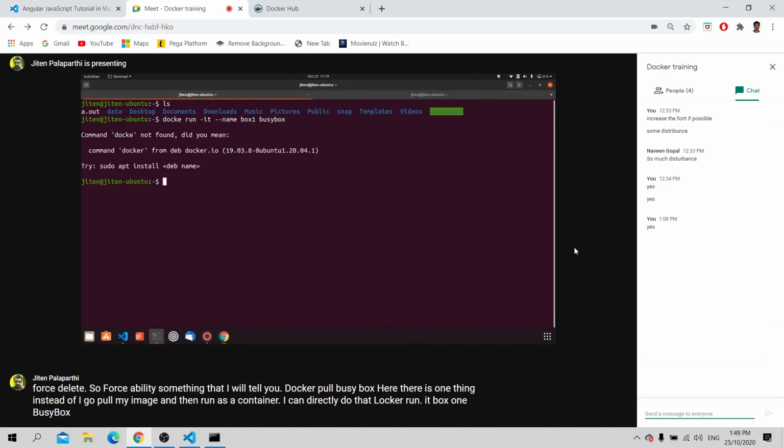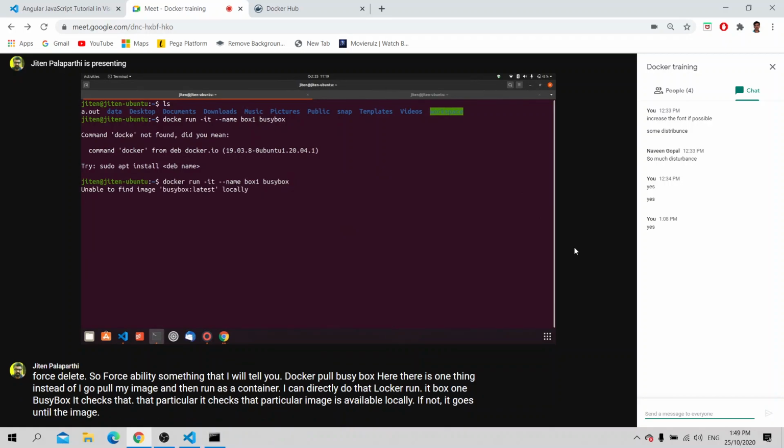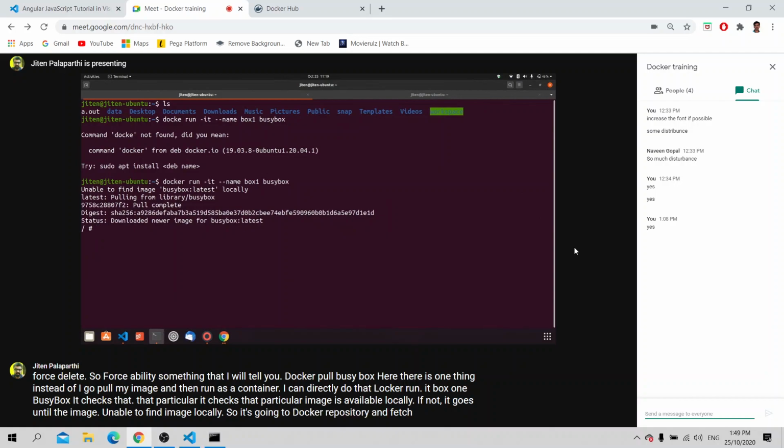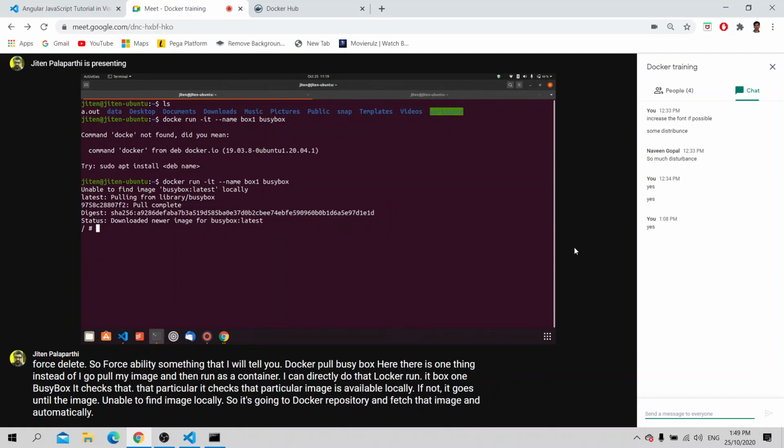It checks whether that particular image is available locally. If not, it goes to the Docker repository and fetches that image, and as soon as the image is downloaded, it gets into the container.